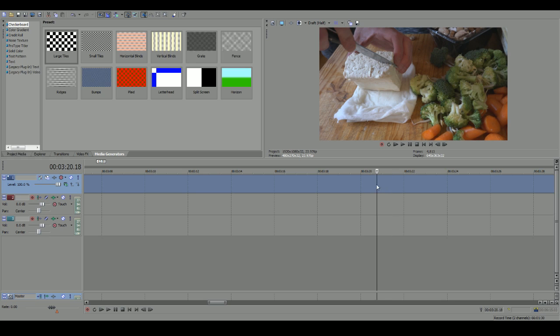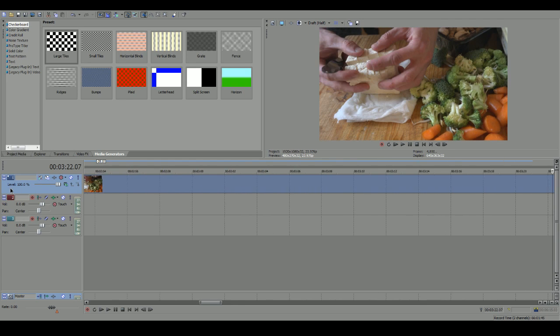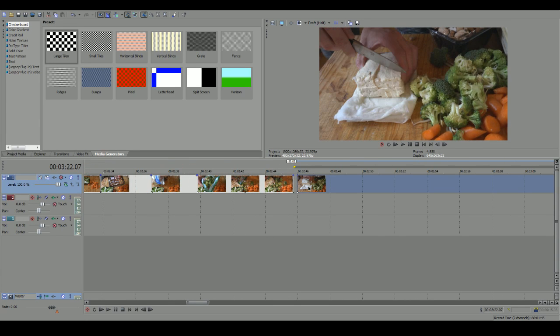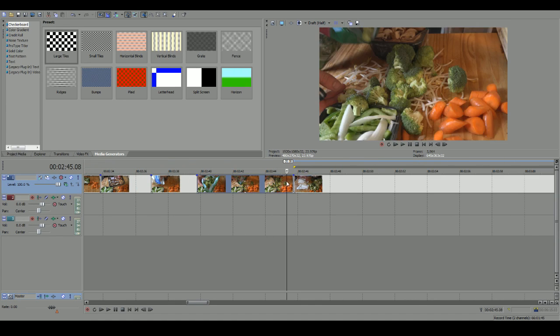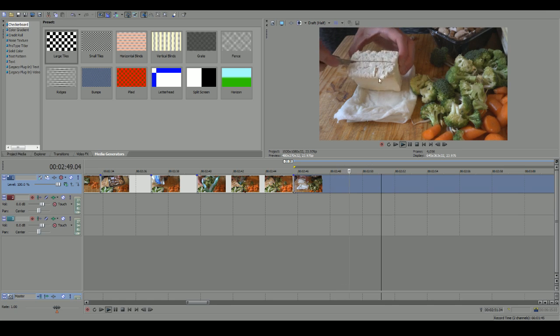All right, cool. So this is going to be the scene where I show them how to cut tofu. I think this strategy for cutting tofu is brilliant. I could work at a Japanese restaurant. This is how you make a little cube tofu. Boom. So I'm going to cut it down the middle. Cut it down the middle like that.